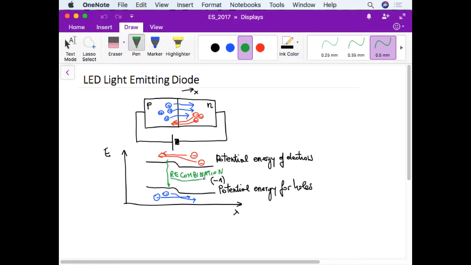One needs to remember two important things about recombination. One is that with recombination, both the free electron and the hole disappear, so we have fewer particles. And the other thing is that there is a liberation of energy, because the free electron has much more energy than the electron in a bond. The energy that is liberated is actually this difference,